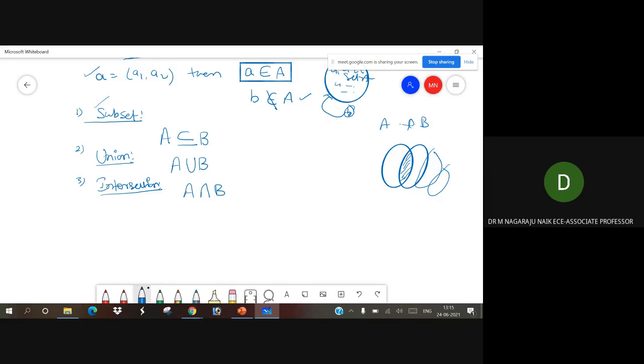So here of this pixel value and here of this pixel value, both are common, and the intersection values only we are able to represent. Now this is called an intersection.